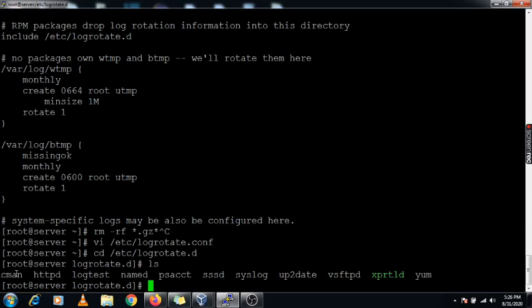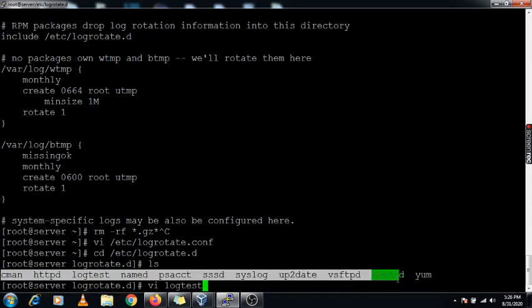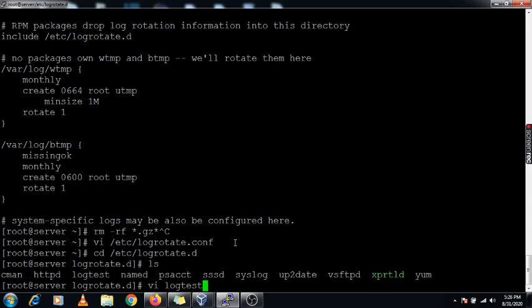Here I can see this logrotate test file which I have created, that is logtest. So for all the files included under this directory, when we run the logrotate command, all these files are run at the time of logrotate.